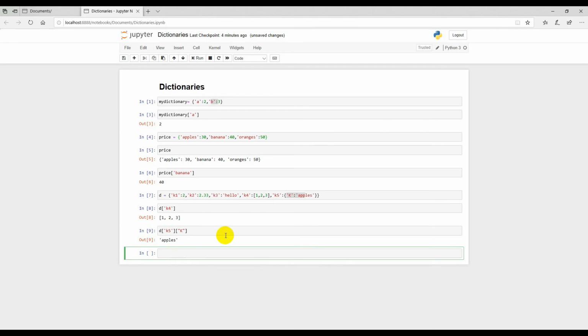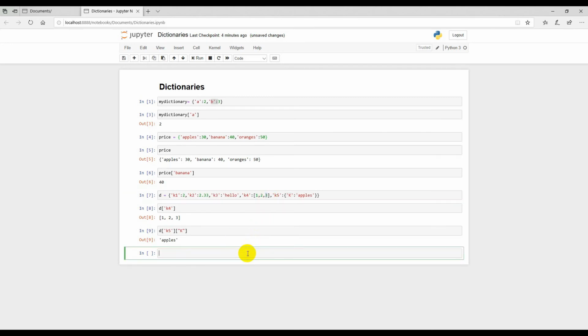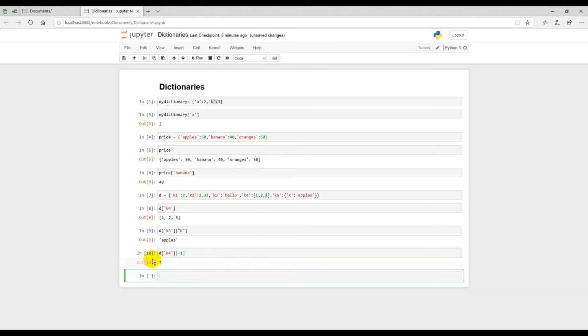Let's suppose I want the last element from the list, which is given as the value for the key k4 in the dictionary. I'll say d of k4. This will get the list. And if I want the last element, I'll say -1. This represents the last element in the list, and I got 3 as output. And now, if I want to change the word apples into uppercase letters, I'll use the same method.